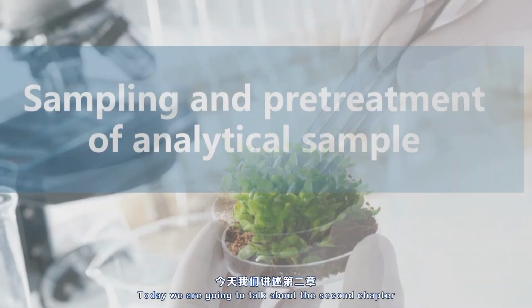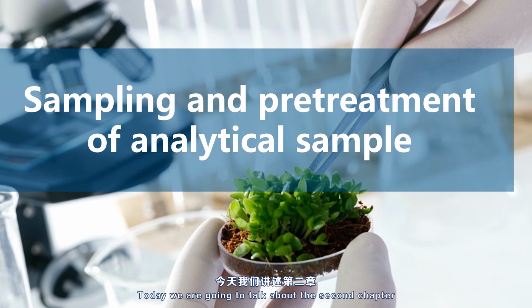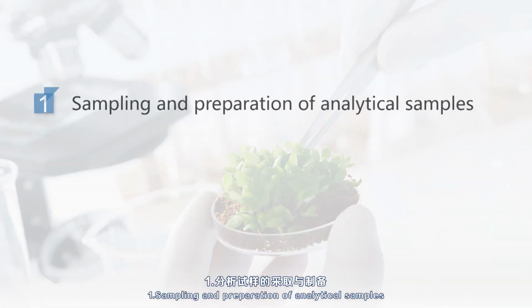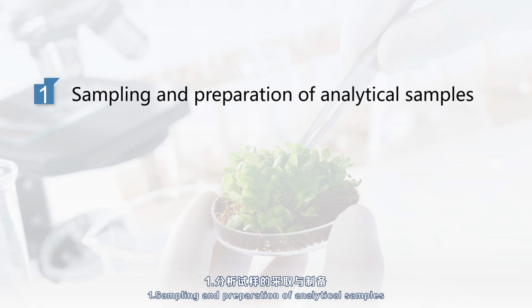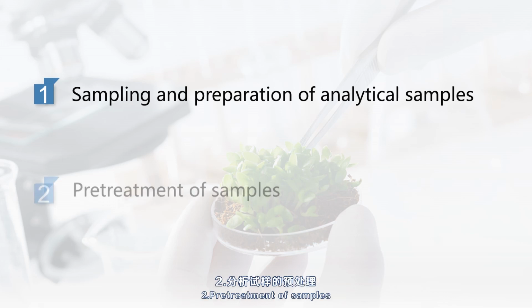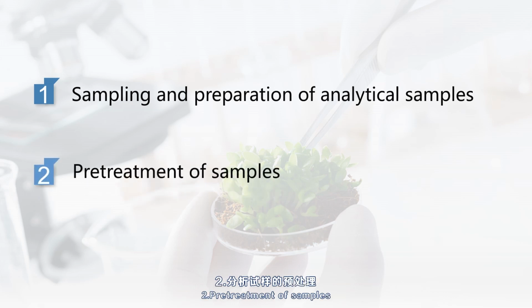Everyone. Today we are going to talk about the second chapter, Sampling and Pretreatment of Analytical Sample. This chapter mainly consists of two parts. 1. Sampling and preparation of analytical samples. 2. Pretreatment of samples. In the last lecture of Introduction, we learned that analytical chemistry mainly focuses on quantitative analysis,